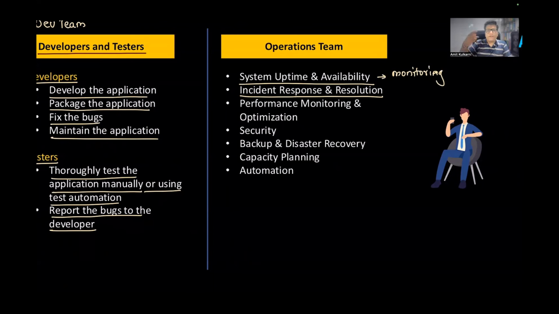They will be on their toes when they deploy the new version of it, because they need to keep checking if the application is running, if people are able to access the application, if it is not going down, and so on and so forth. Performance monitoring and performance optimization, again, is part of monitoring itself. Unless you see the application is working very well, you will not sit quietly, so you keep on looking at it continuously. That's why it's called continuous monitoring when it comes to DevOps.